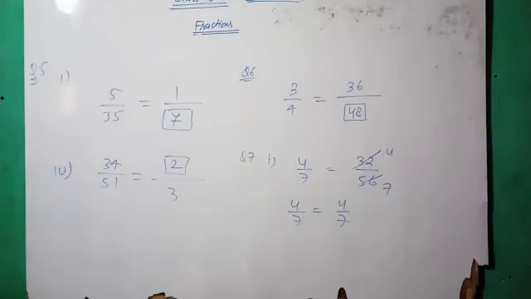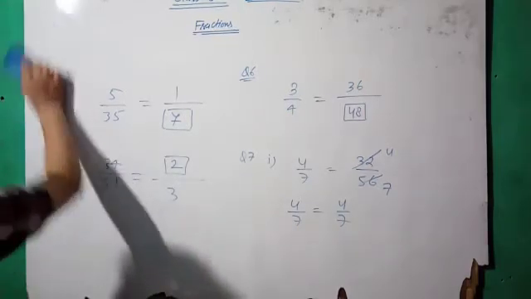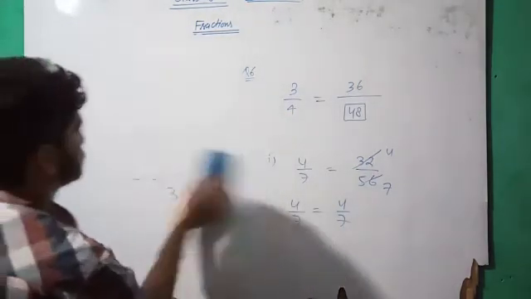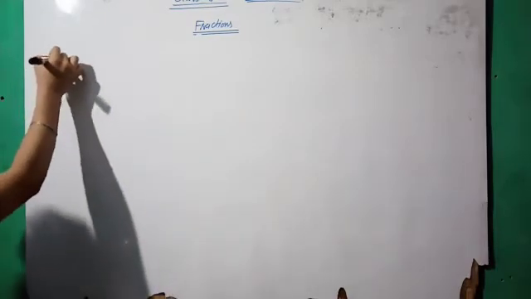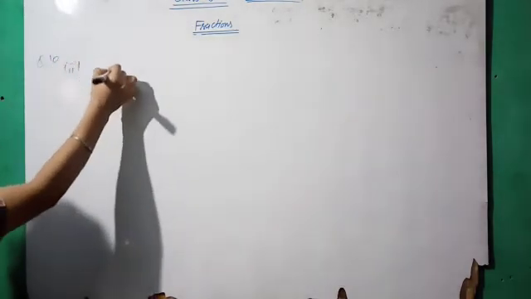Okay. 10. Convert the following into a mixed fraction. Similarly, you have to divide the number. You can take one question for this. Convert the following into a mixed number. Question number 10, third part, 98 by 11.